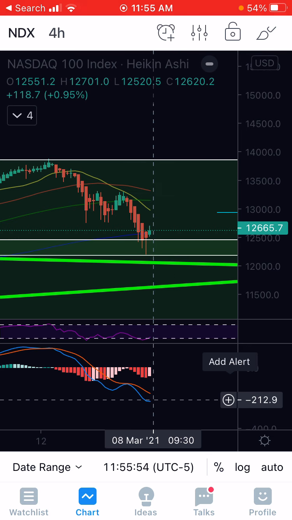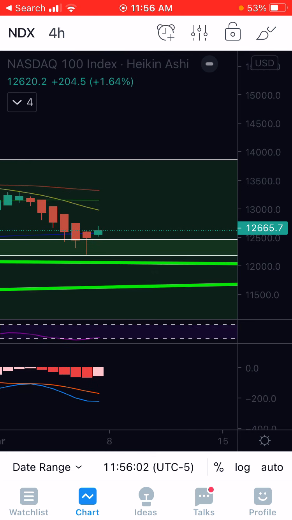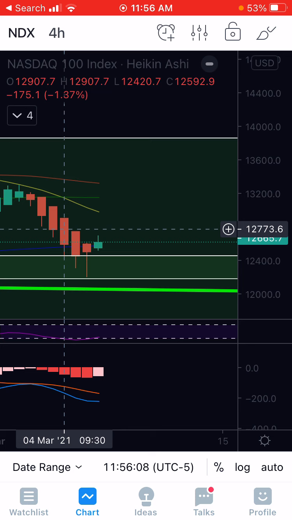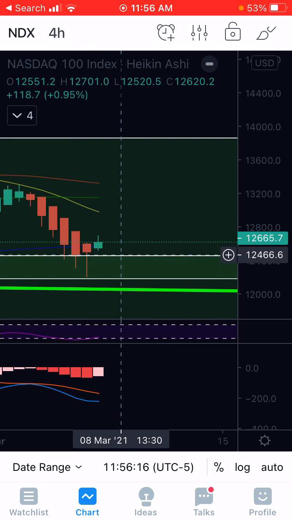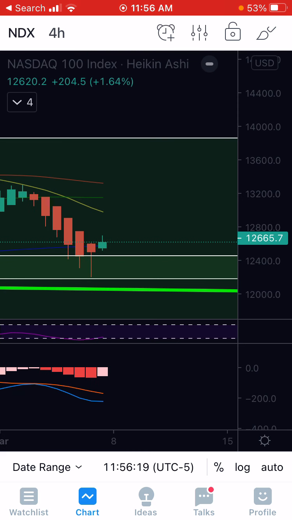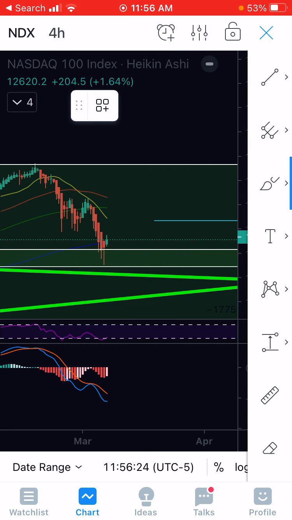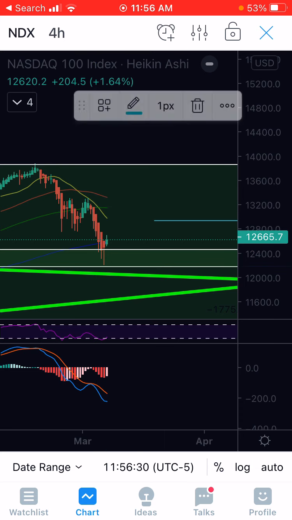As long as this MACD continues to curve up, this RSI continues to curve up, and we get a nice juicy green fat candle here on the 4-hour. Okay, so that's what we want to see, because right here you can see, although we didn't close above these priors, the sellers pushed us all the way down, and the buyers bought us all the way back up above this support. And then we opened a candle above. I can't see volume on this, but we could almost be done here. So just keep that in mind. Even if we do something like that, it's still good. We're getting very close to being done with this correction, though, thankfully.